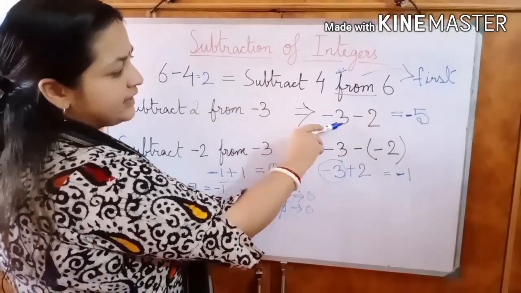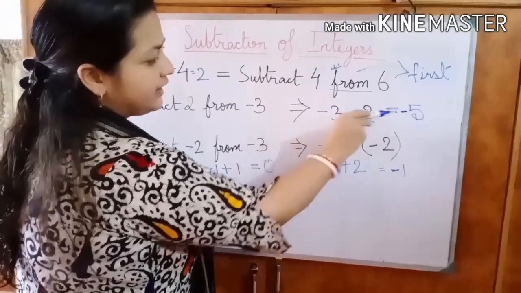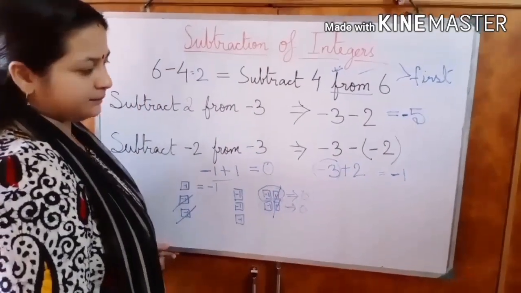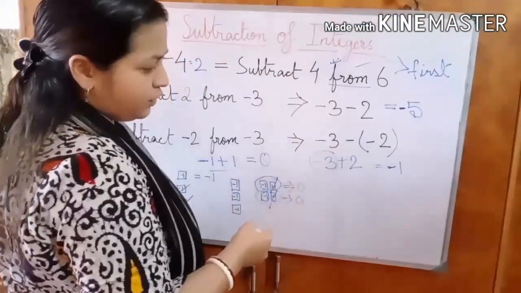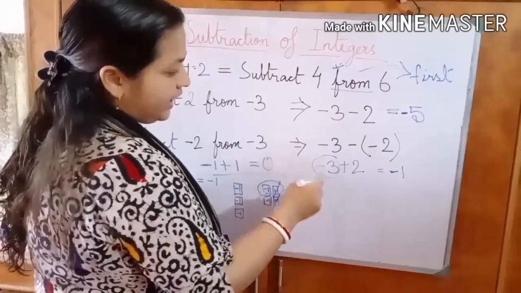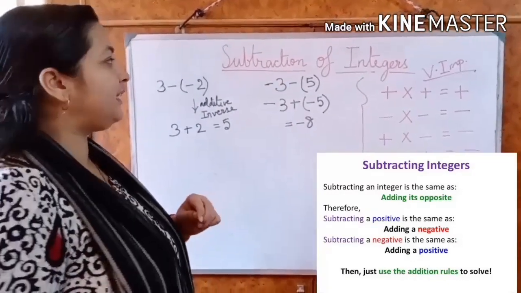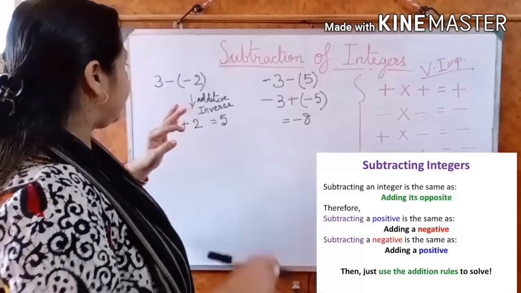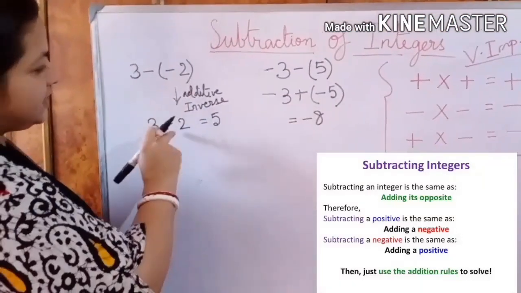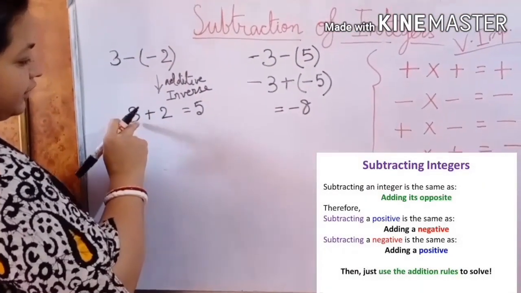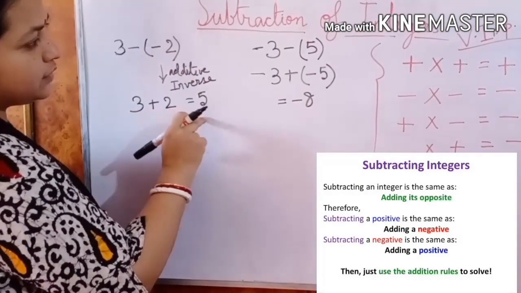That's why when the signs are the same, we are adding. 3 and 2 is 5 and both have negative signs, so we are writing minus. But when we have minus 3 minus minus 2, actually what we are doing is adding. So in subtraction, we are basically adding the additive inverse. For example, 3 minus minus 2. What is the additive inverse of minus 2? It is plus 2. So with 3, we are adding the additive inverse of minus 2 and it becomes 3 plus 2,